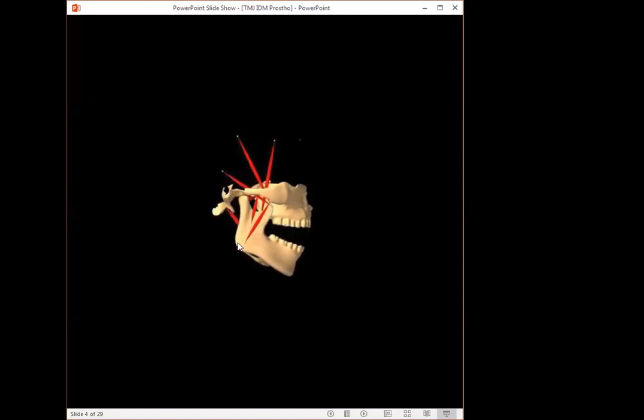So if you see here, this is the masseter muscle, and you have the temporalis which is behind. Then you have the medial pterygoid which is attached to the inner aspect of the ramus, and the lateral pterygoid is attached to the condyle. Whenever the mandible is moving, it is because of coordinated movements between all these muscles of mastication. And if you look carefully, you have the hyoid bone and the suprahyoid muscles which help the muscles of mastication during mandibular movement. So whenever you read mandibular movements or muscles of mastication, remember there are 4 major muscles which are supported by the suprahyoid group of muscles.